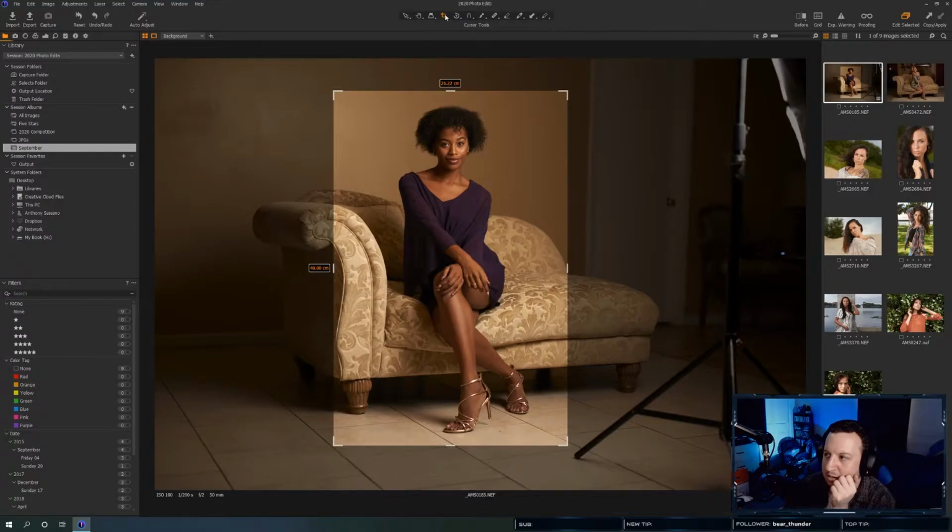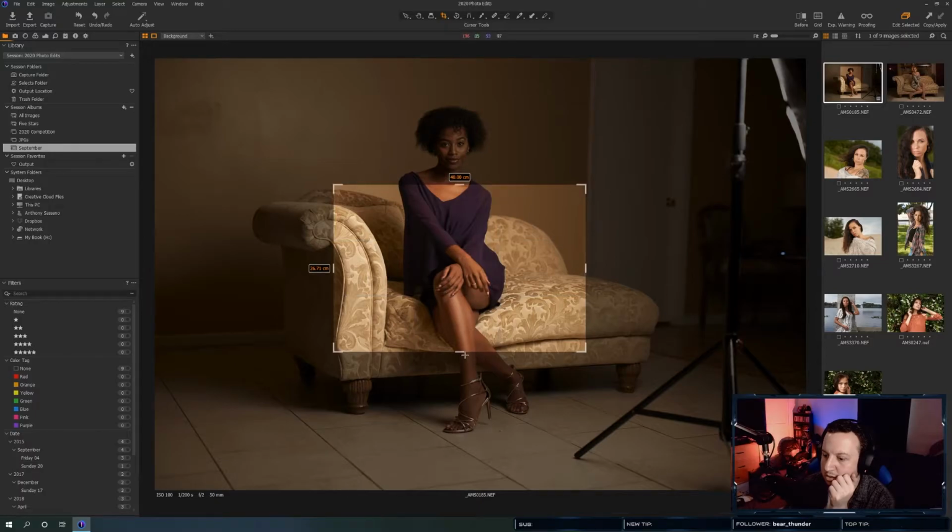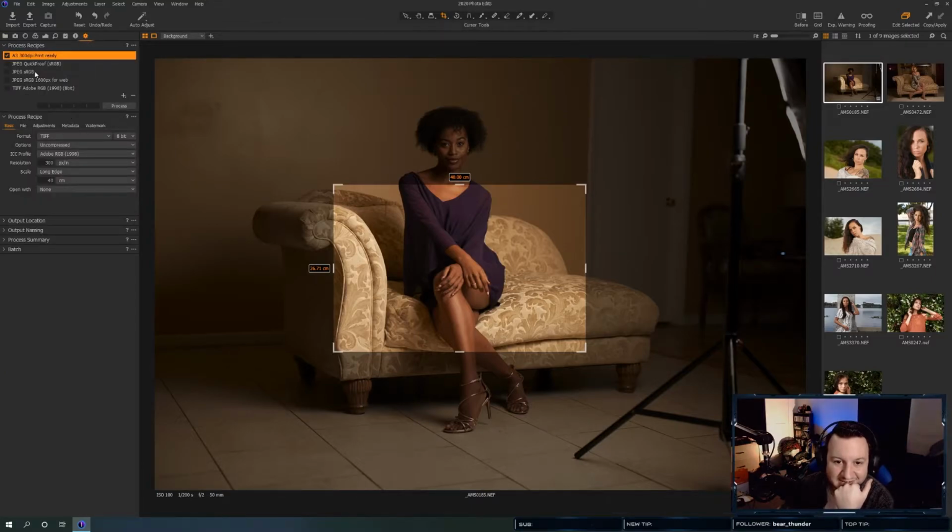It's not here. I thought it was. Hold on. Is it not in the crop tool? Original. Okay. I thought, is it in the export settings? I think so.